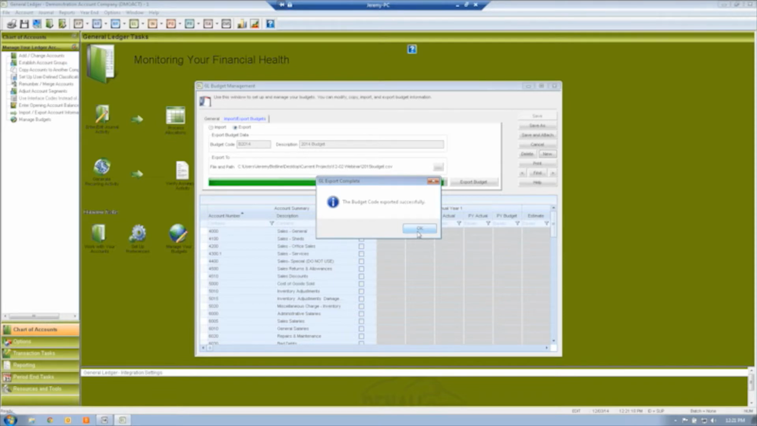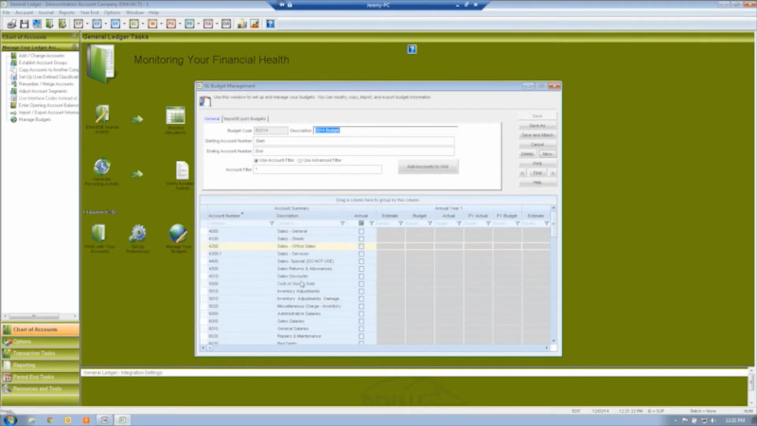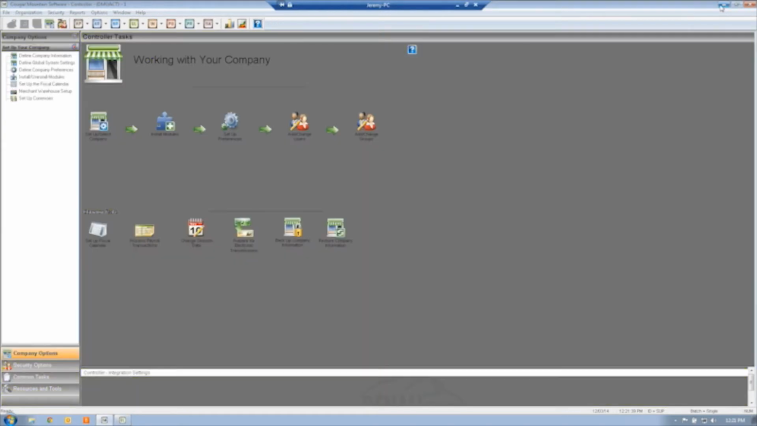Now, this is real handy. Process is complete. This is real handy if you just want to set up your budget code with the accounts but leave all the numbers over here, the dollar amounts, blank. Once you set up your budget code with the accounts, you can export that to Excel, and now that it has been exported, we can go into Excel,